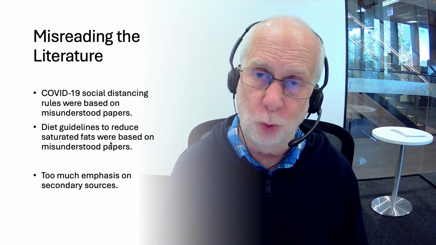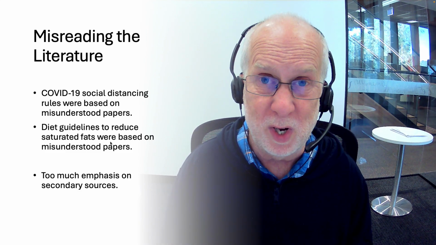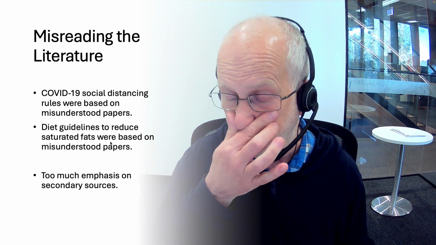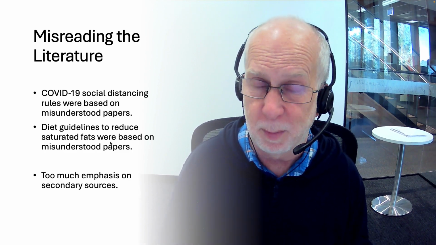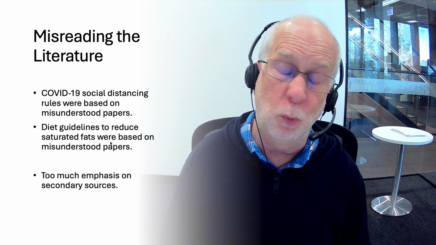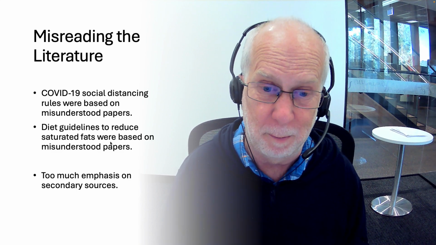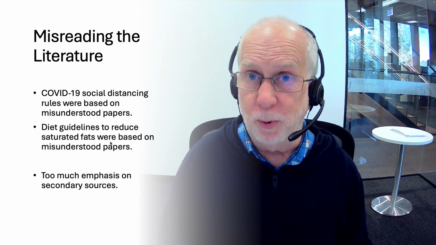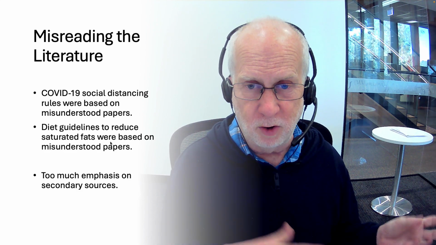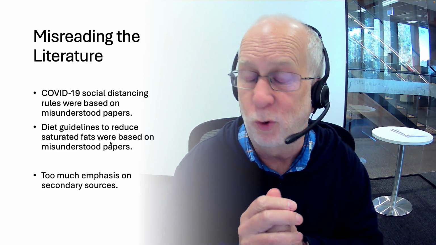COVID-19, for example. We were all told early in the pandemic, keep 1.5 metres apart in Australia. Where did that come from? It came from a misreading of some papers from decades ago. In fact, the disease is mostly spread by particles that can go far more than 1.5 metres. It's probably not a bad thing to keep apart, but there's nothing magic about 1.5 metres. And maybe too much attention was paid to keeping people 1.5 metres apart, while not paying attention to more important things like airflow and sterilisation and filtering of the air. The original papers that all this theory was based on actually had the right answer, but people had summarised them, approximated them, and the conventional wisdom took over. No one ever went back and looked at the original papers. They just thought this is what was going on because they hadn't read them.